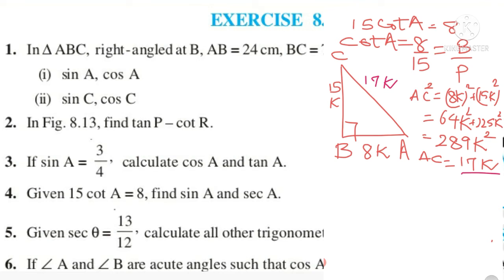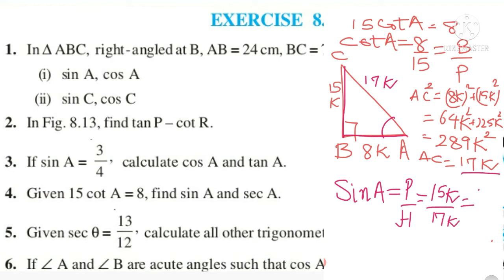Now I need to find the value of sine A and secant A. So let us just write down the formula for sine A. Sine A is, some people have. The complete poem is some people have curly brown hair. So sine theta is P upon H through proper brush. Now what is the perpendicular? Since we are considering angle A, so AB becomes our base and BC becomes our perpendicular. So perpendicular is 15K upon hypotenuse is 17K. So clearly 15 by 17 is the right answer.